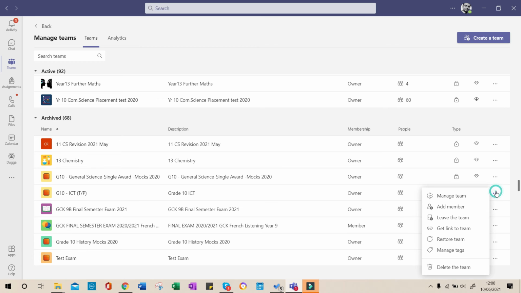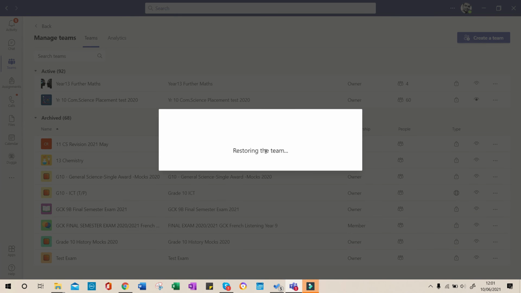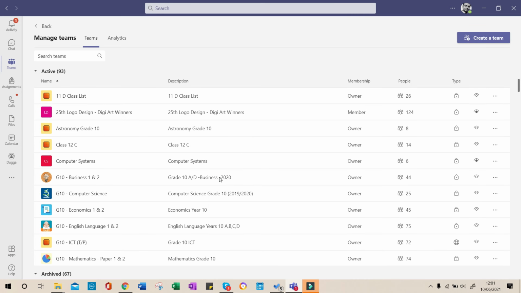And if you want to unarchive it, you can go through the same procedure, click on the three dots and restore. And that'll come under active.